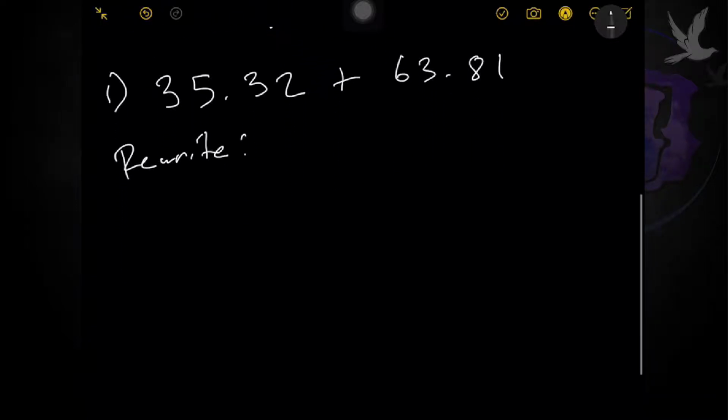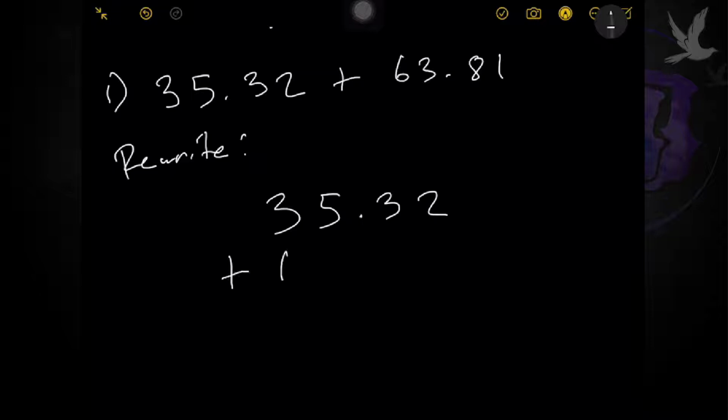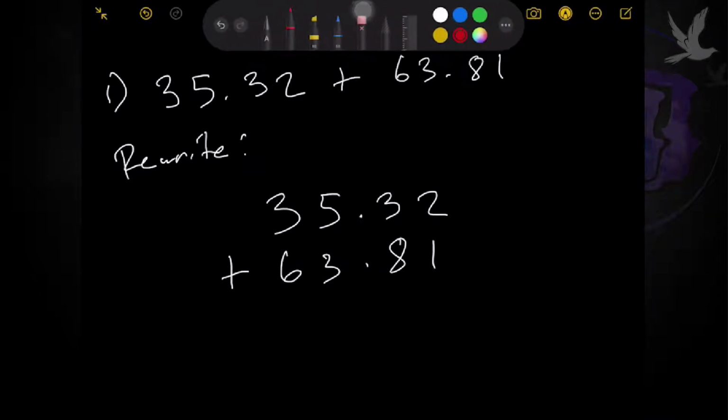Normally, how do we add? Of course, you have to write it this way: 35.32 plus 63.81. Again, make sure that when you write the numbers, their decimal points are aligned. You might say, Teacher Mark, it doesn't make sense, it's always like that. No. Because there are cases